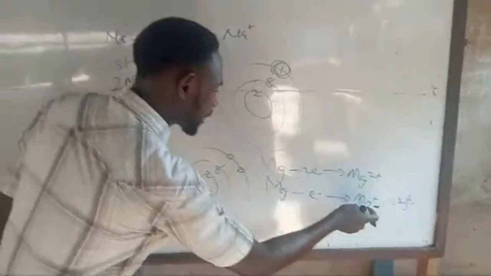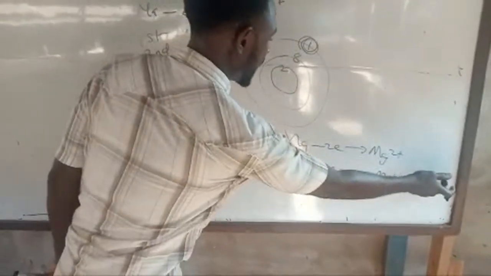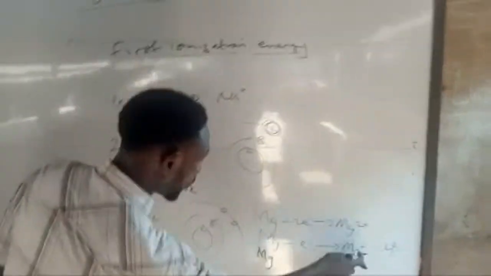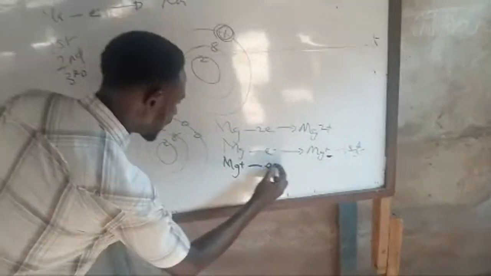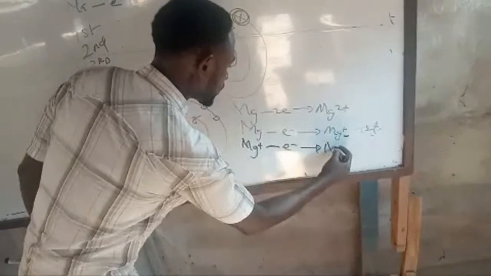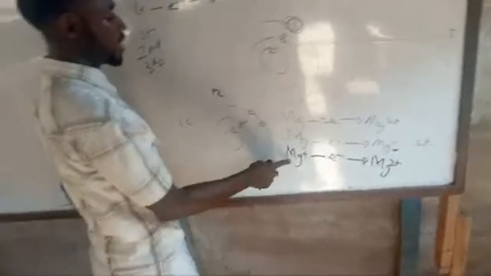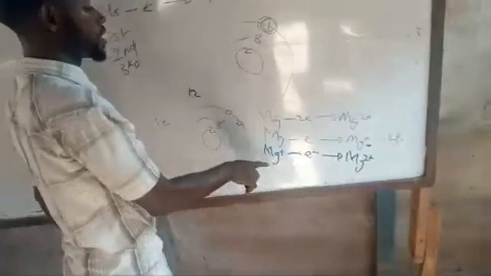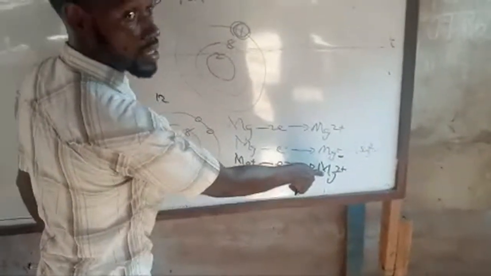Then when Mg+ loses another electron, remember here we are left with 11 electrons. Here it has been 12. For losing one, it remains 11. For this one that is now positively charged, losing another electron again, that's the second one, is now what we call second ionization energy. So second ionization energy is actually the energy required to remove an electron from a singly positively charged ion to produce a divalent ion.